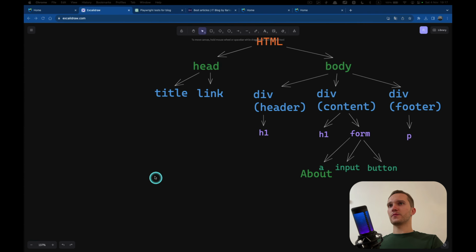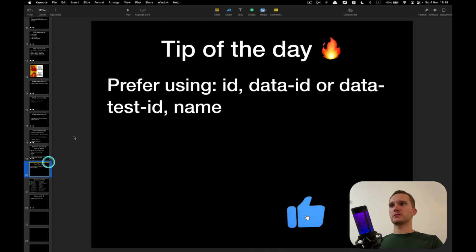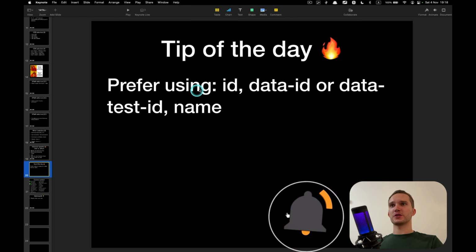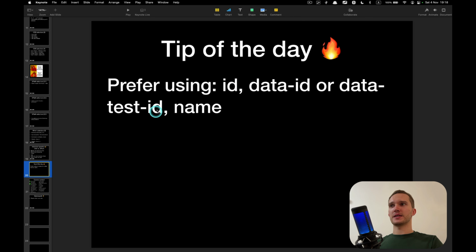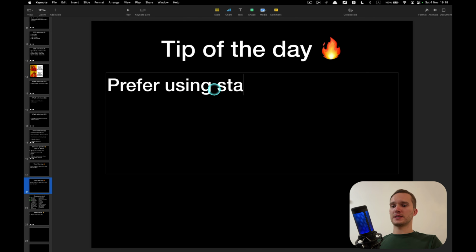Okay, I have one more tip for you. I already told this, prefer using ID, data ID, or data test ID, or name attribute. So I would say prefer using stable selectors.